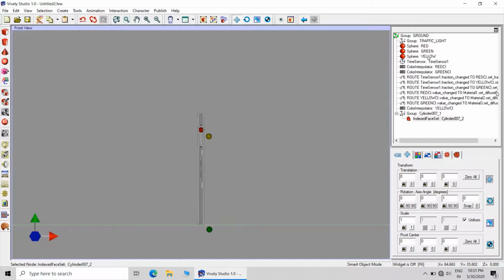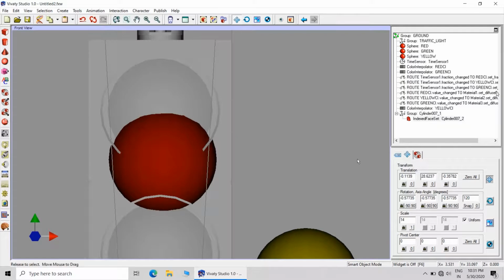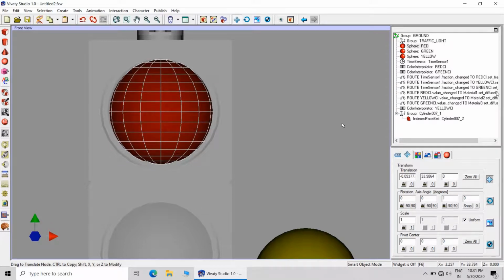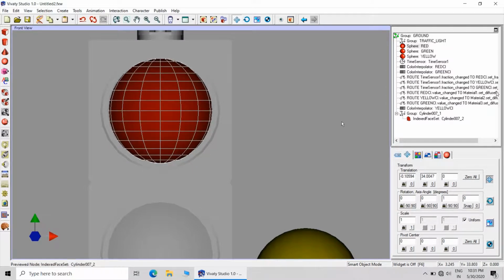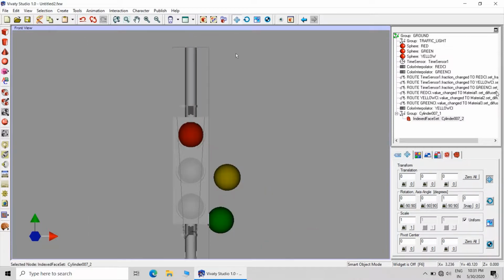I think 14 will be appropriate scaling. Now it is getting perfectly fixed. So 14 is the appropriate scaling factor.